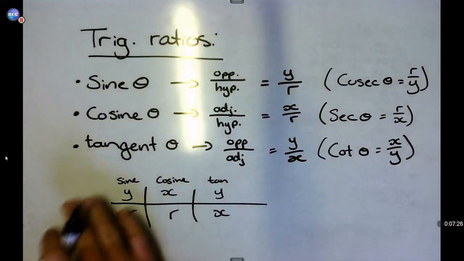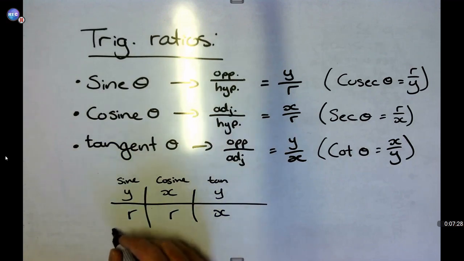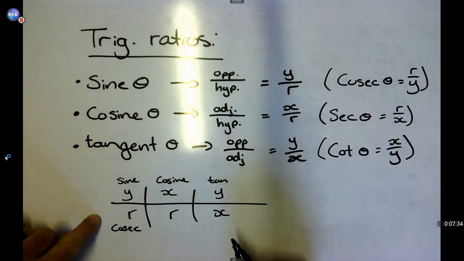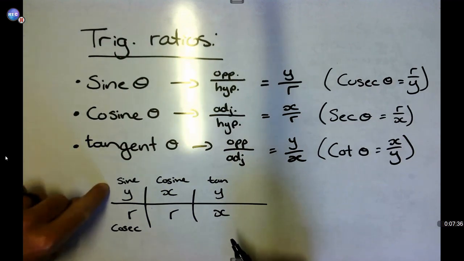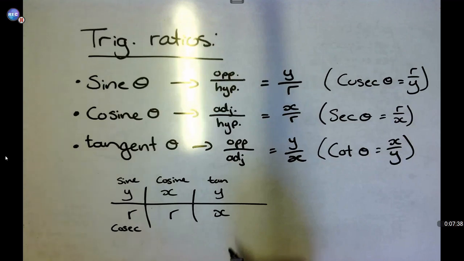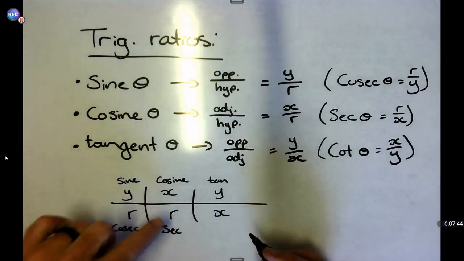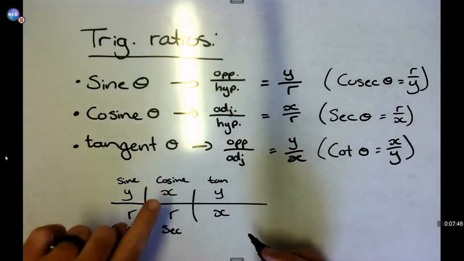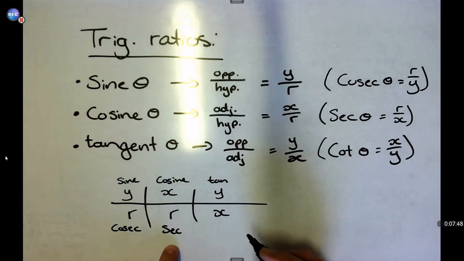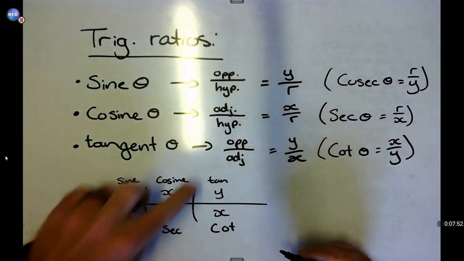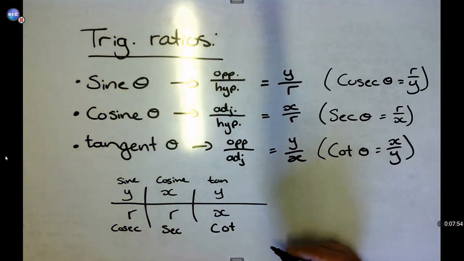So if you look at it in this table as well, sine's opposite would be cosec. So if you read it from the top down, it would be sine. If you read it from the bottom to the top, it would be cosec, which is the reciprocal. For cosine, it would be sec. So if you read it from top to bottom, it will be cosine. If you read it from bottom to top, it will be the reciprocal. And then for tan, it will be cot. Obviously the same as what we've done over here.